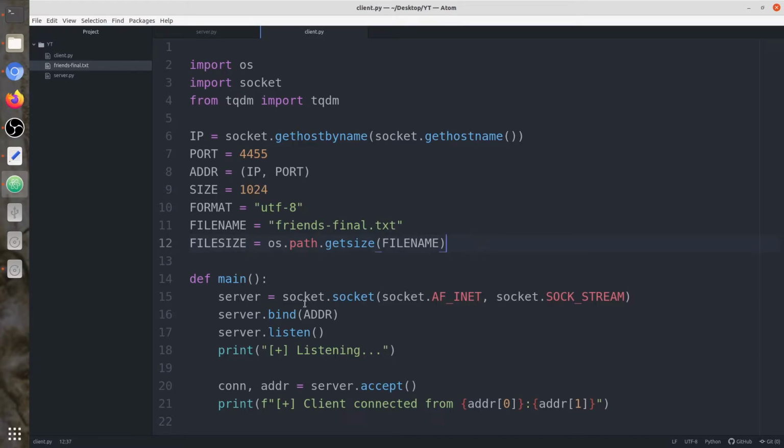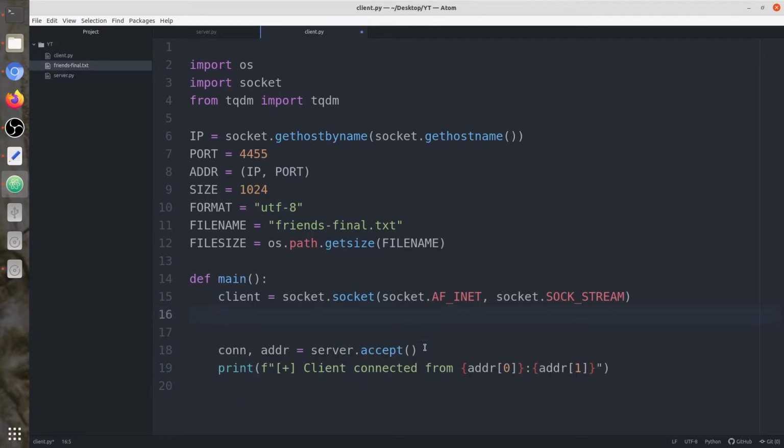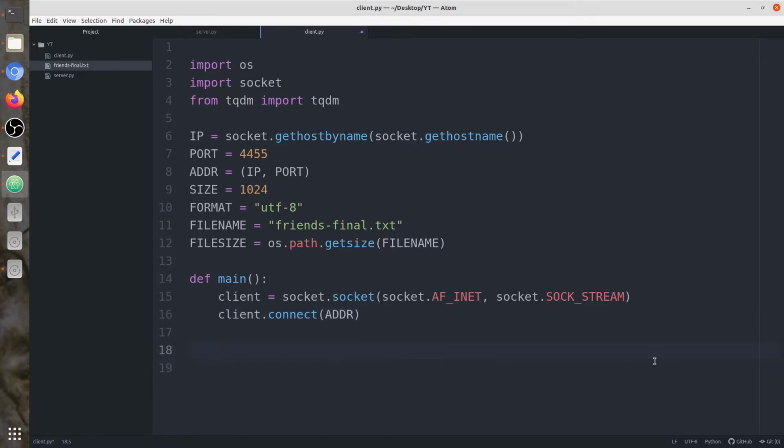Now let's move to this main. Here we're gonna rename it to client. For the client we don't need to bind and listen, we just directly need to connect to the server, client dot connect, and we're going to specify the tuple called addr containing the IP and the port combination.